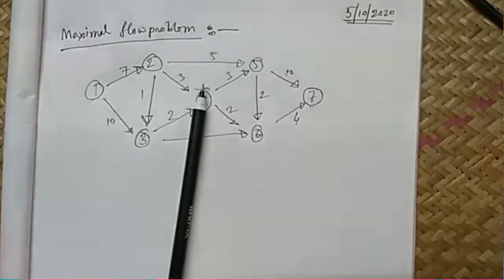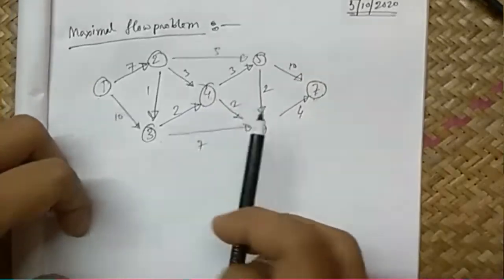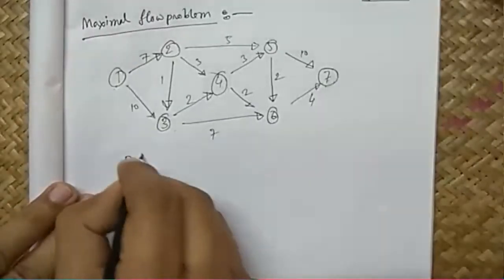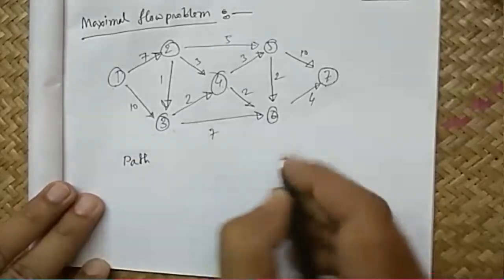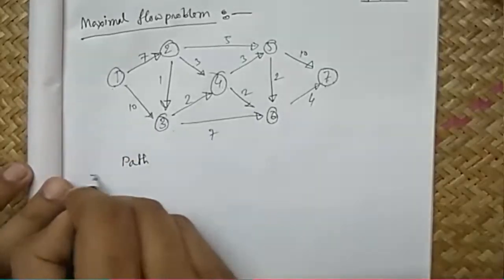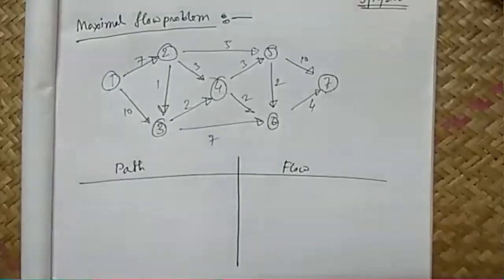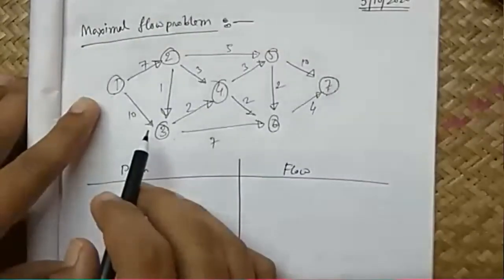Now we will go to solving these problems. We will write out the paths and we will update our capacities beside it. So now we will write in 2 columns. One is path and the second one is flow. Okay, so our first path, let us take